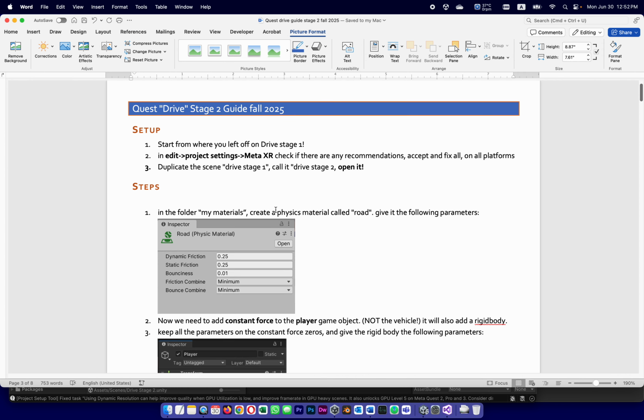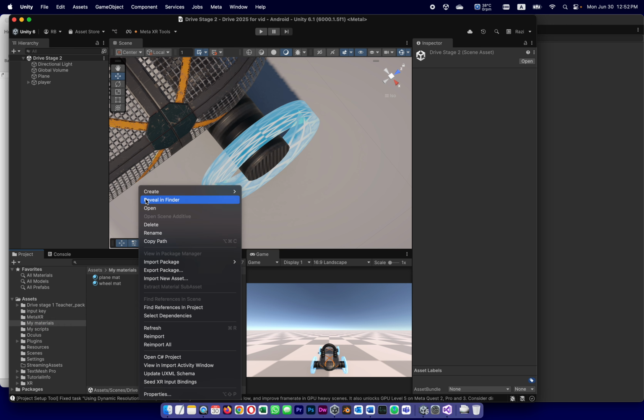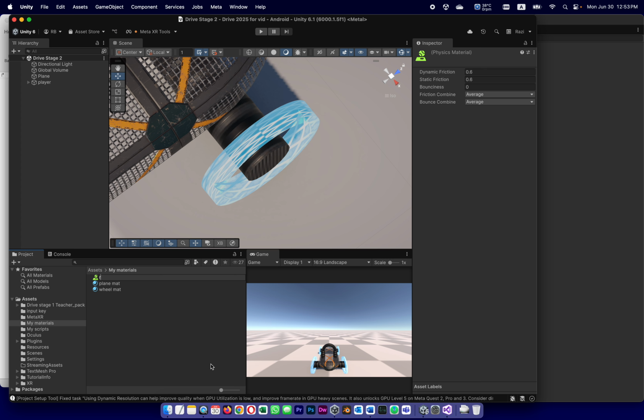In the folder My Materials, we're going to create a physics material called Road, and we're going to give it the following parameters. And of course, later on, that can change. It's going to be like the smoothness or roughness of the road we're going to drive on. So 0.25, 0.25, 0.01, minimum and minimum. How do we create a physics material? We should have a materials folder, right-click, create physics material, name it Road,